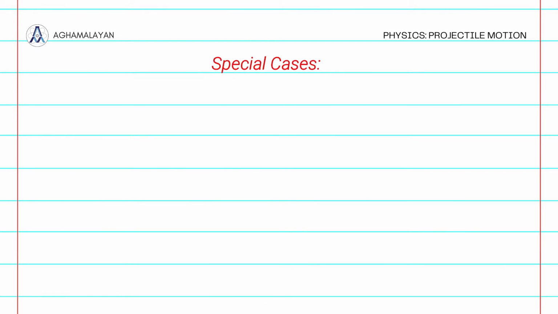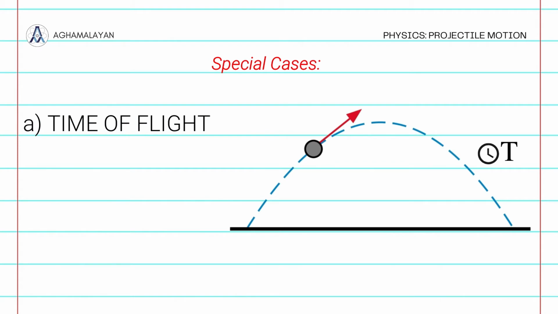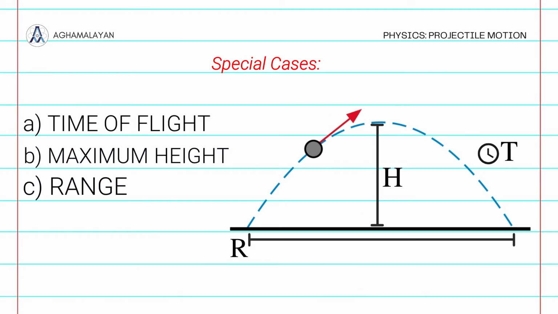There are special cases when it comes to projectile motions. These cases usually come up when you're searching or solving for either A, the time of flight, B, the maximum height, and C, the range. There are special equations that can be used to solve these scenarios. Assuming